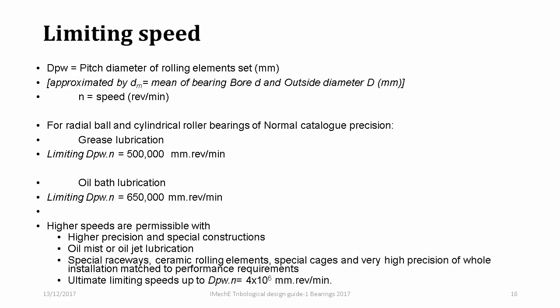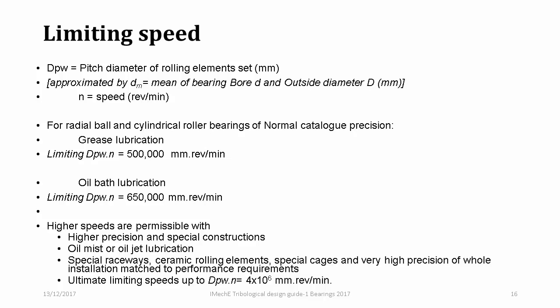So, limiting speed. As you might expect, rolling bearings cannot run infinitely quickly, but at the same time some speed is helpful because that helps to generate a hydrodynamic film between the rolling elements and their raceways. There is a sort of semi-non-dimensional measure that we use for this. We take the bearing bore diameter and the outside diameter and divide them by 2 to arrive at the mean. That approximates to the pitch circle diameter in most bearings. We measure that in millimeters and multiply it by the speed in revs per minute. And this gives us this